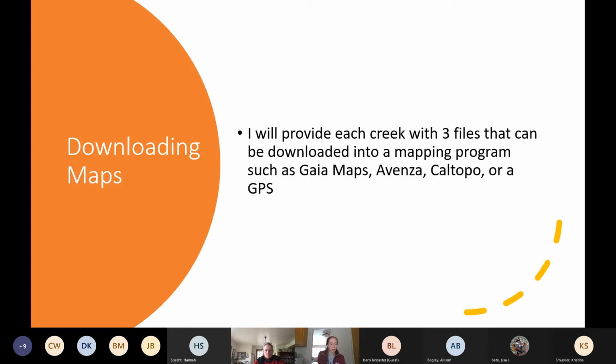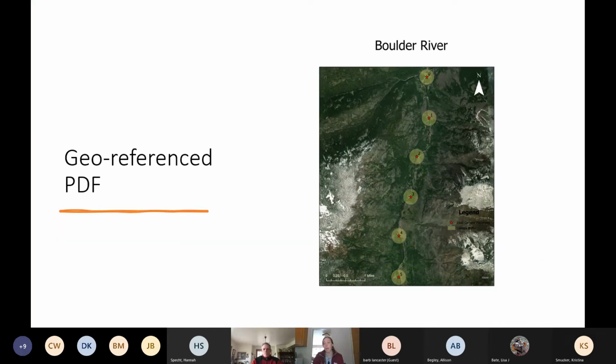And then the other things that I am going to be providing for folks are maps of each creek. I'm working on these at the moment. For each creek I'm making 3 files that can be downloaded onto a mapping program like Gaia, Avenza, Caltopo, or even a GPS. There'll be a georeferenced PDF that has the creek and the river miles with the buffer, so people